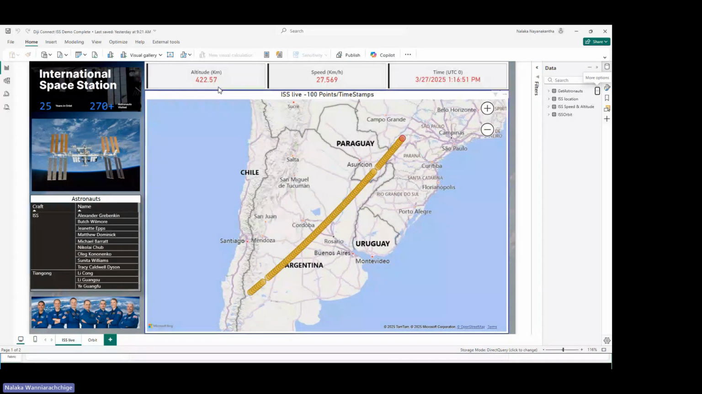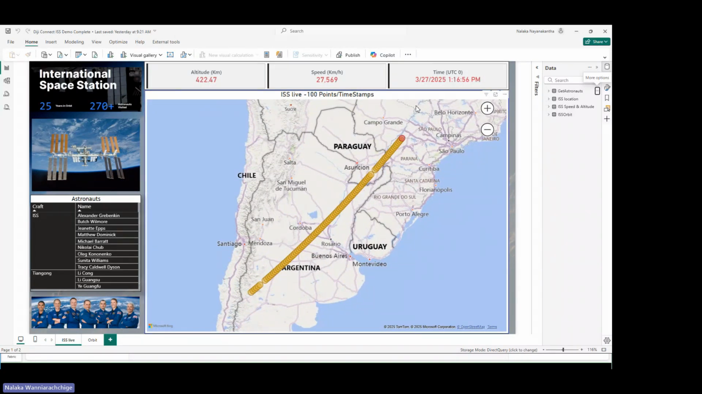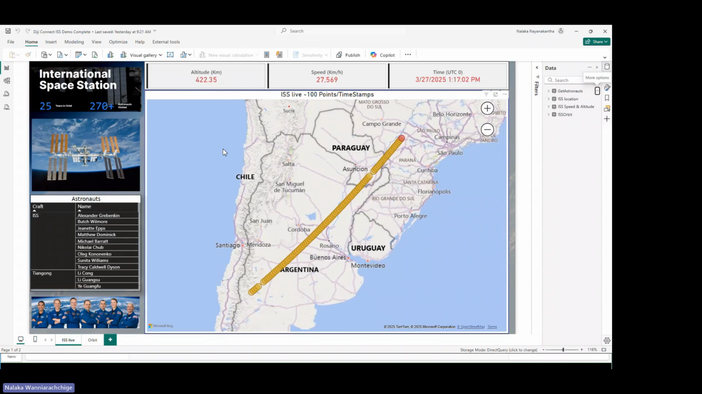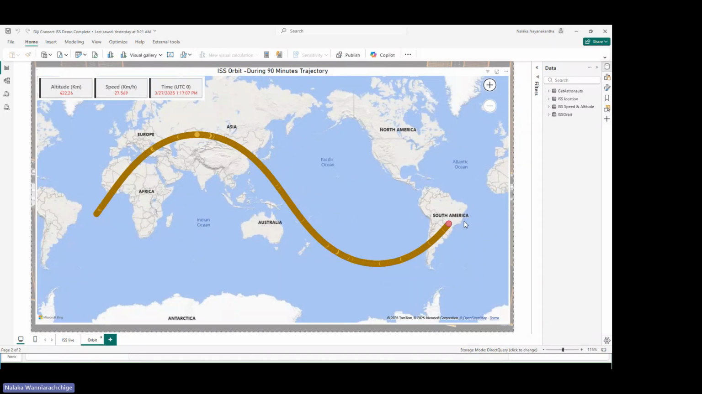So you can see the altitude, the speed, and also the time. This is UTC 0 based. And if you need, you can adjust the time as per your need. And for the orbit, if I click the visual, you can see this is a trajectory that is last